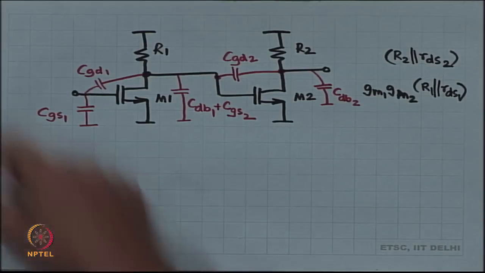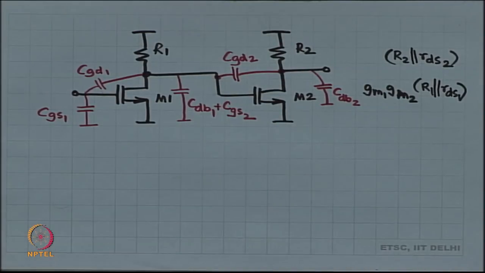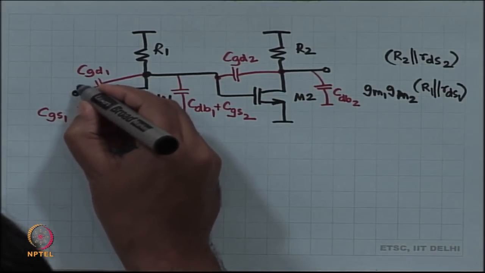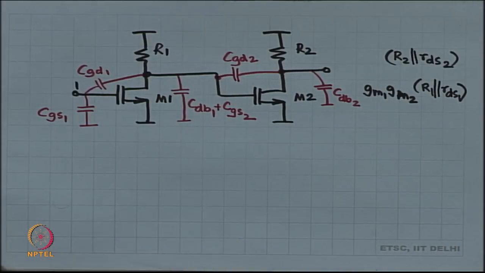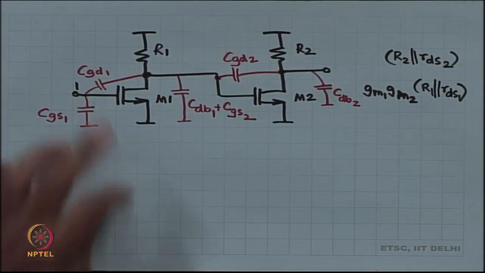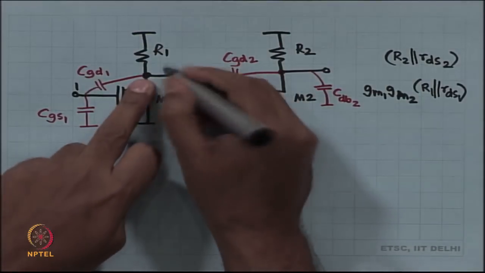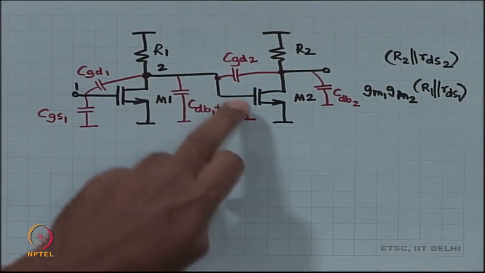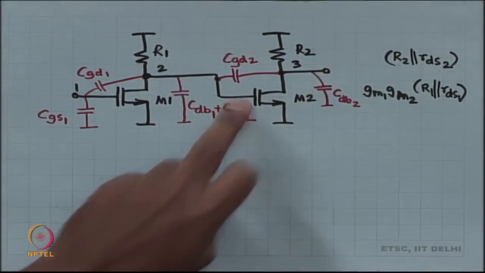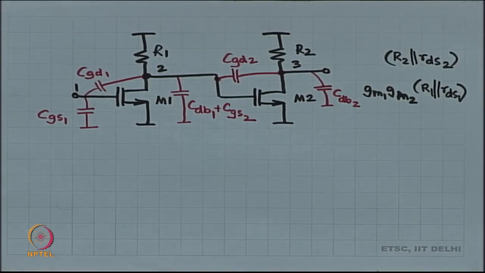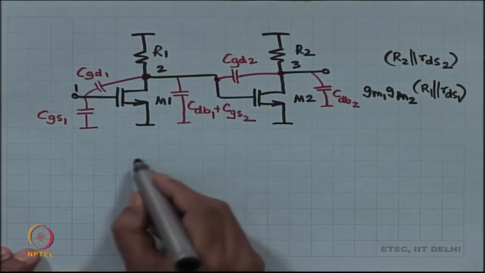Now, I do not want to keep drawing this again and again. So, I will label the nodes a little bit. So, I am going to call this node number 1. I think last time we did the input was called node number 1. This I am going to call node number 2 and this I am going to call node number 3. And now I am going to redraw it,